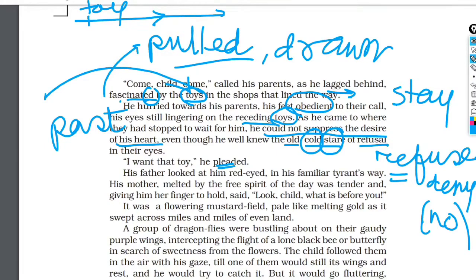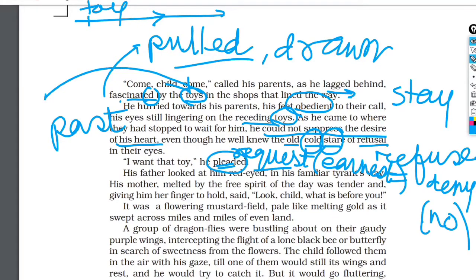Pleaded का मतलब है requesting highly. अर्नेस्ट रिक्वेस्ट जो हम बोलते हैं, earnest request, ओके, E-A-R-N-E-S-T. ये रिक्वेस्ट है, थोड़ा जोरदार रिक्वेस्ट जो है, उसको प्लीडिंग बोलते हैं. ये जो लॉयर होता है ना, एडवोकेट होता है, वो प्लीड करते हैं, he pleads for A and B and somebody else. वो भी एकदम with the folded hands he was requesting the father, Father, I wanted a toy, it is so